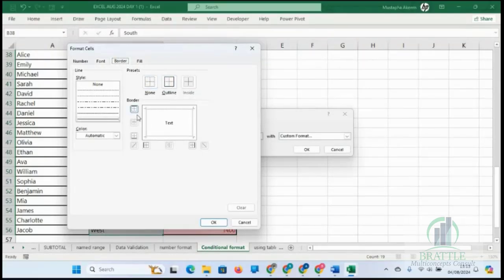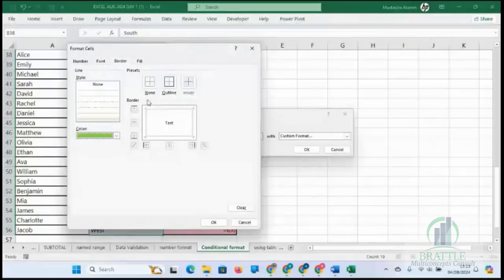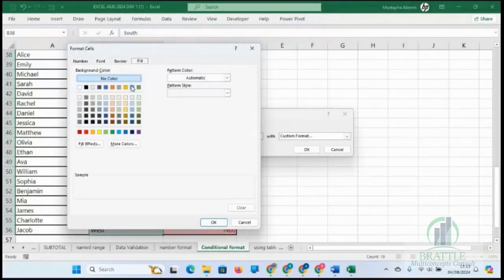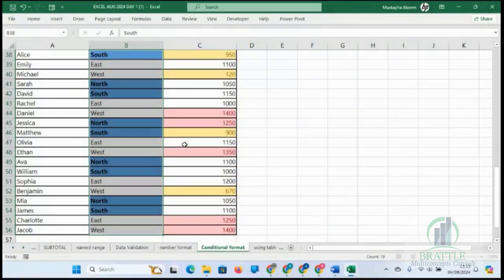Let's add some border color, and let's add some border to it. Green border, and fill it with blue. Click OK. Have you seen now? All names that have "th" have been picked and captured just once.